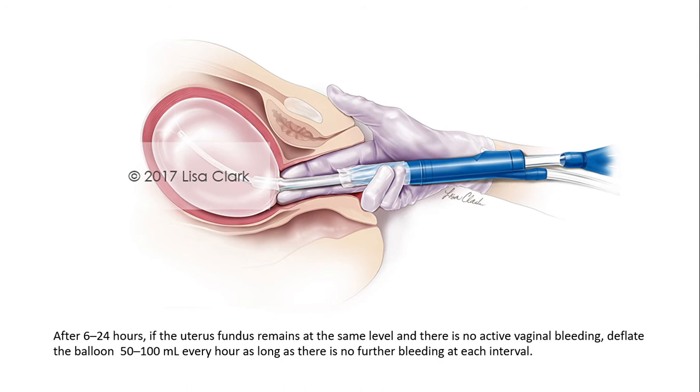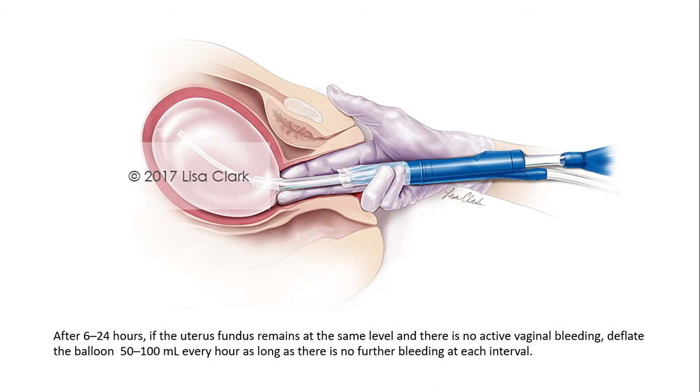The balloon is inserted through the vagina into the uterine cavity, and then you can inflate it. It compresses the placental bed and the internal walls of the uterus, which may bleed,